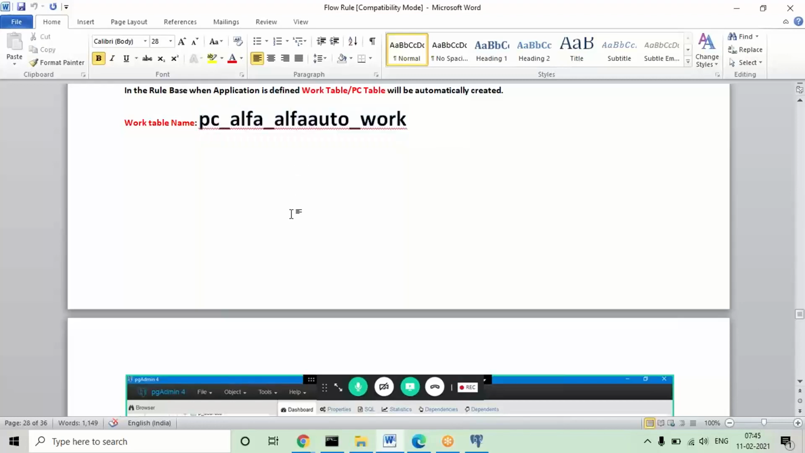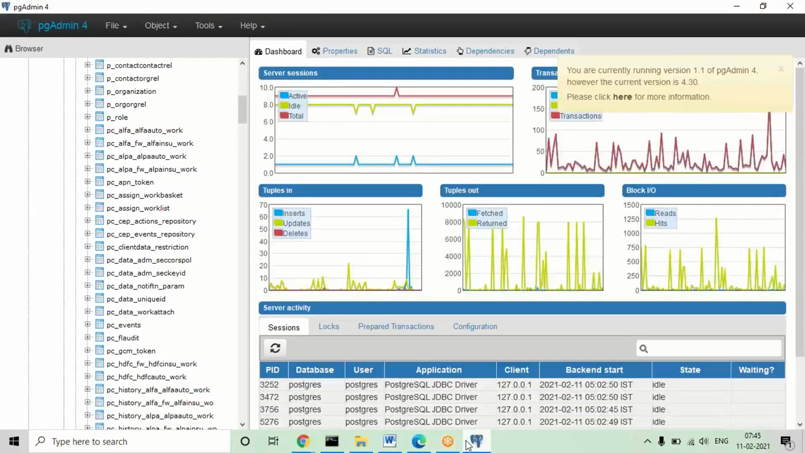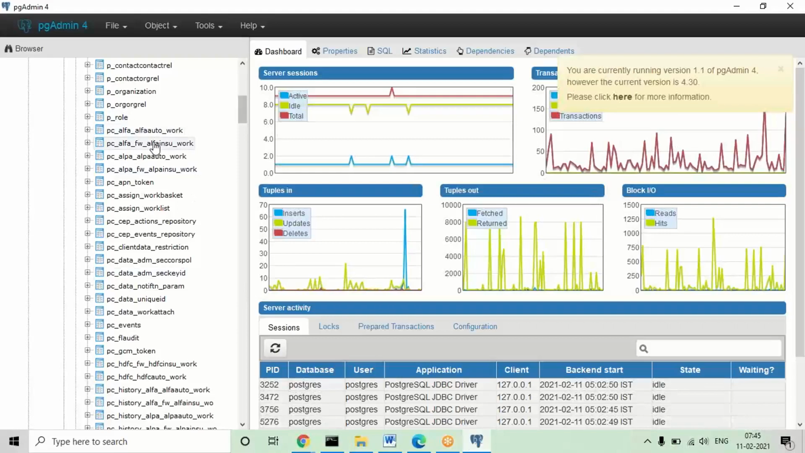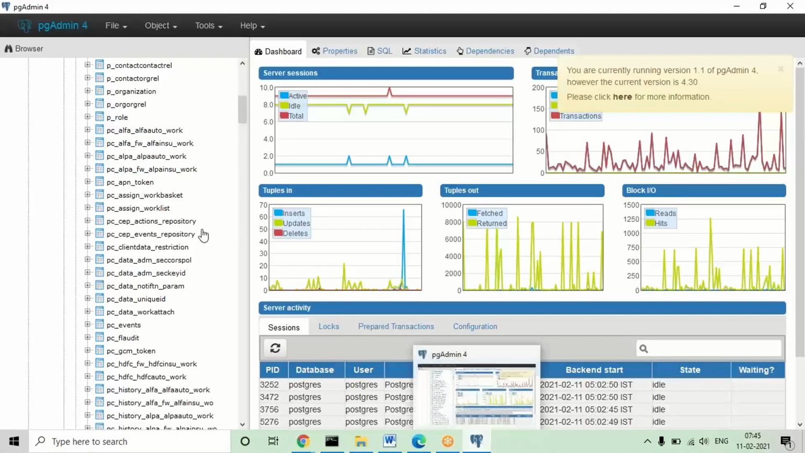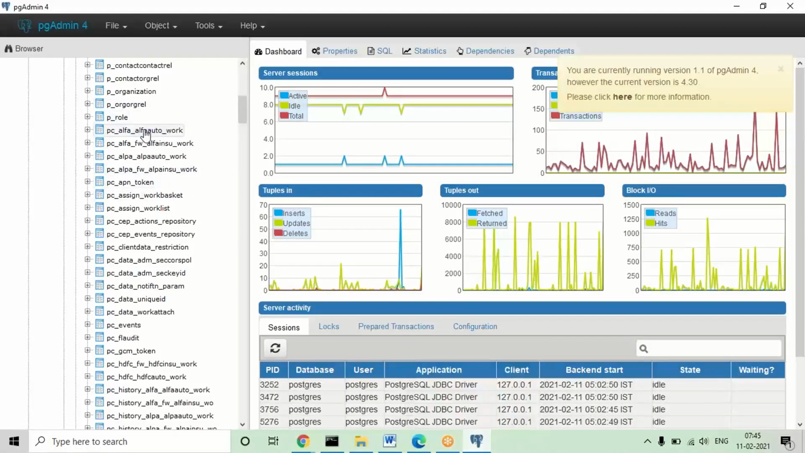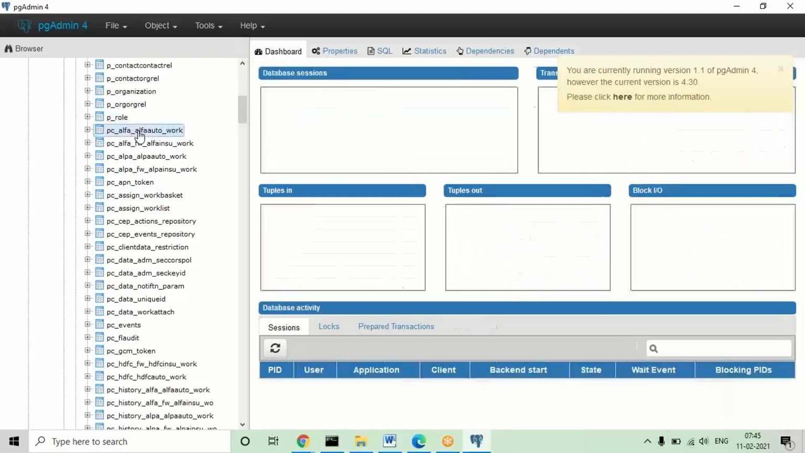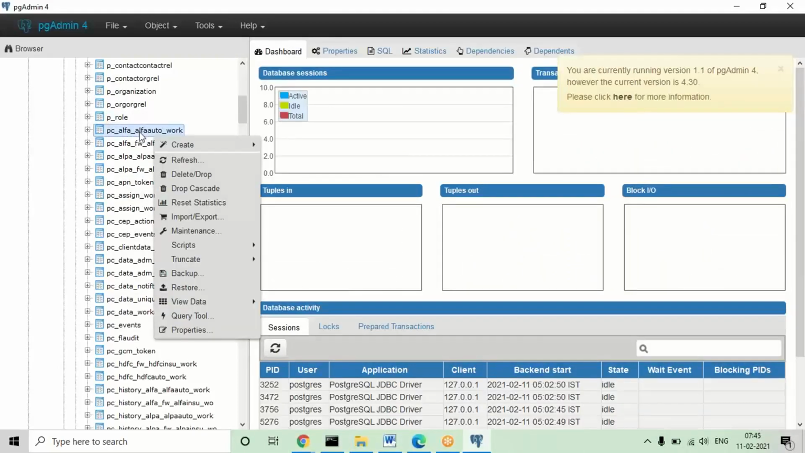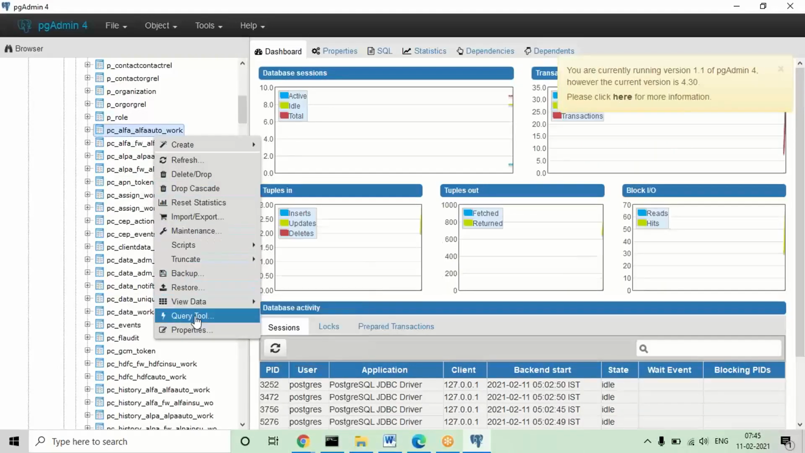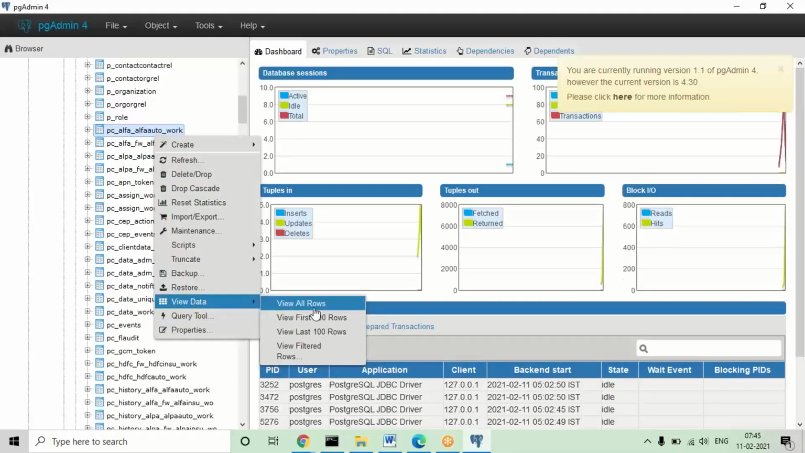As of now, in this table, where you can see the data: this is the table, because I have given the same application name in my application. So this is the table name you can find. If you right click on this work table, you'll have view data and view all rows. If you click on this,